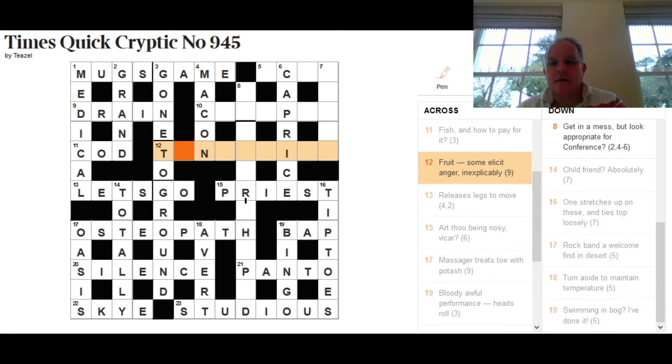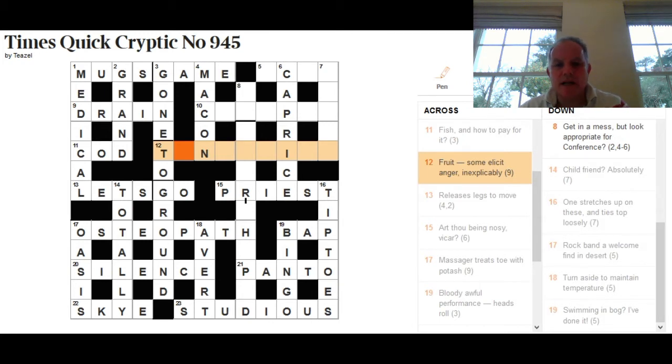Now, the key thing to remember about all cryptic clues is that they contain a definition of the answer, either at the beginning or the end. That is an almost universal rule, but we can expect it every time in this puzzle. And here we have either fruit at one end or probably inexplicably at the other. The definition can be more than one word, but the punctuation seems to suggest it's likely to be one of those too. Now, inexplicably would be quite a hard word to find a synonym for. It might have to end in ly as well to be another adverb.